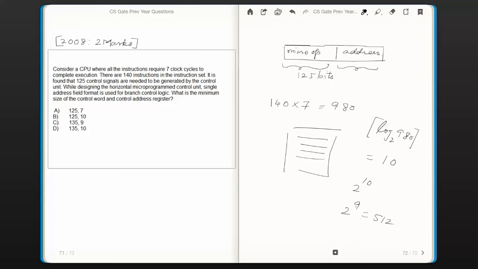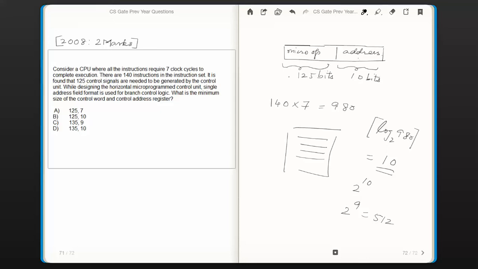So 9 bits are not sufficient for addressing 980 micro instructions. We would require a minimum of 10 bits to address one of the 980 micro instructions, right? So from there we have got this formula, log base 2 980. Log base 2 980 is 9 point something, and to that if we put a ceiling then we would get 10. So minimum 10 bits are required to address one of the 980 micro instructions. So this address field would be 10 bits wide,